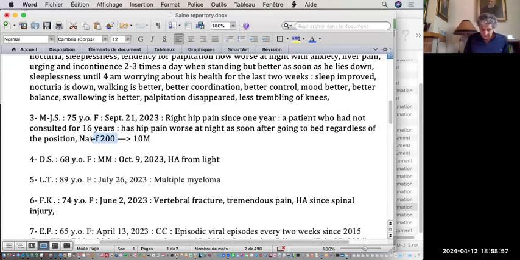The good news is she's been taking the 10M. She took only 2 doses of the 10M, one on March 30th and one on April 3rd, so a week ago. Because she had pain when she would wake up in the morning, not at night, she took the 10M twice. She says the next day the pain was gone and never came back. Then she had it again 4 days later, she took the remedy, it went away the next morning and never came back.